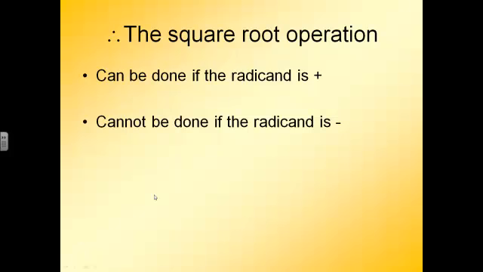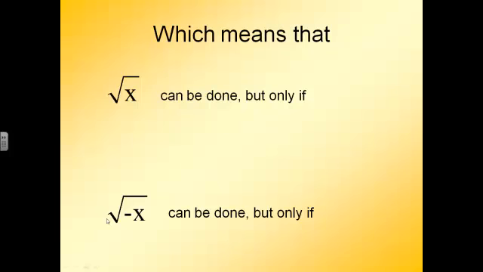Now, that means that we need to focus on this. If you are asked to square root some number, it can only be done if the radicand, that is to say the number under the root, is positive. And if that radicand is negative, it cannot be done. Stated more algebraically, root x can be done if x is greater than or equal to 0, and root negative x, you might be thinking, oh, that can't be done, that's negative. Yes, it can,